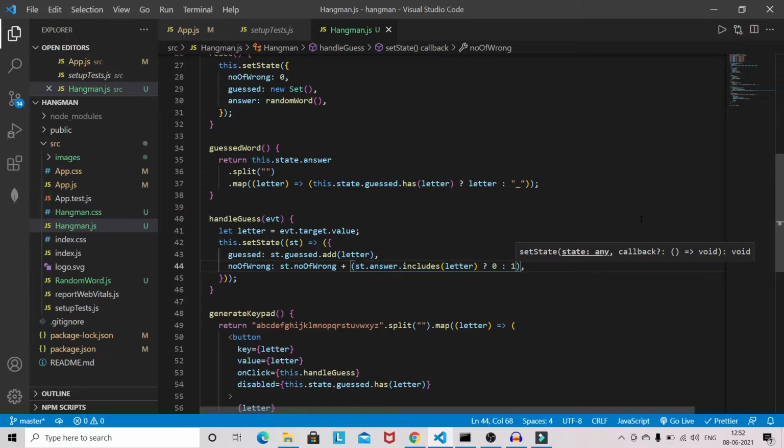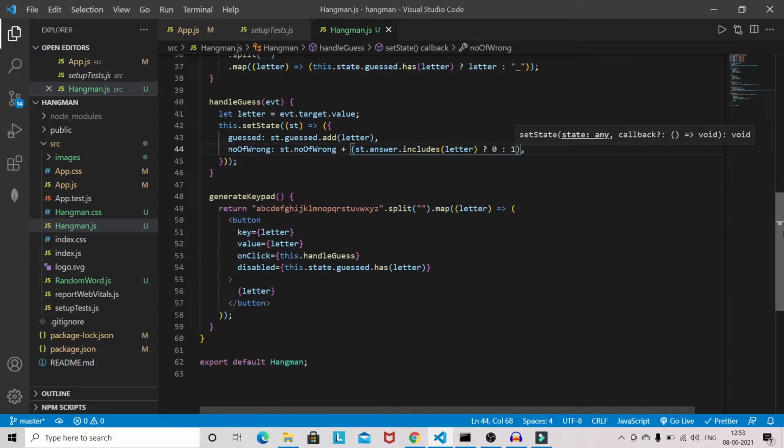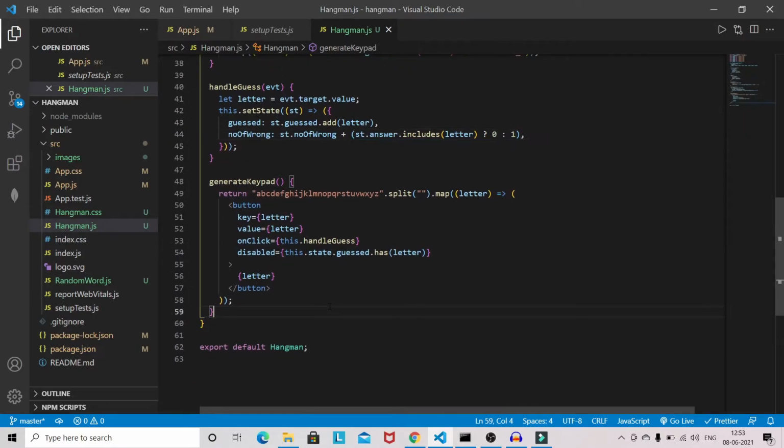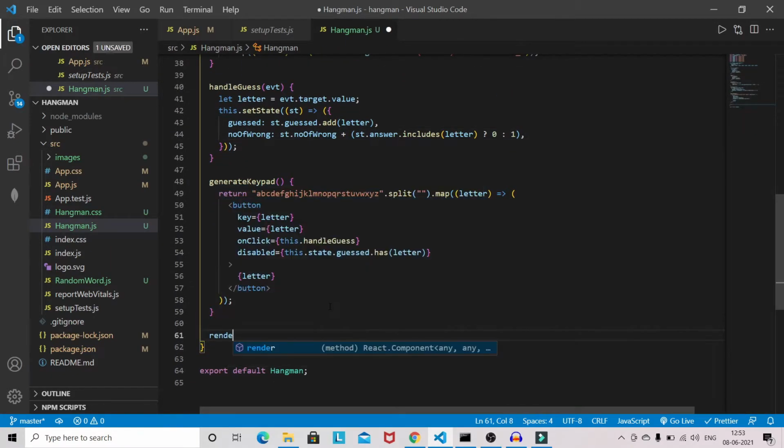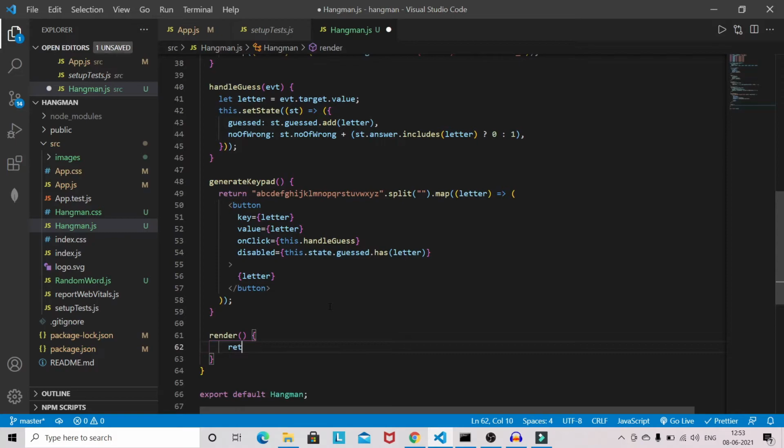Now we have to define the render method here. Inside the render we will have a return. The return we will write later.